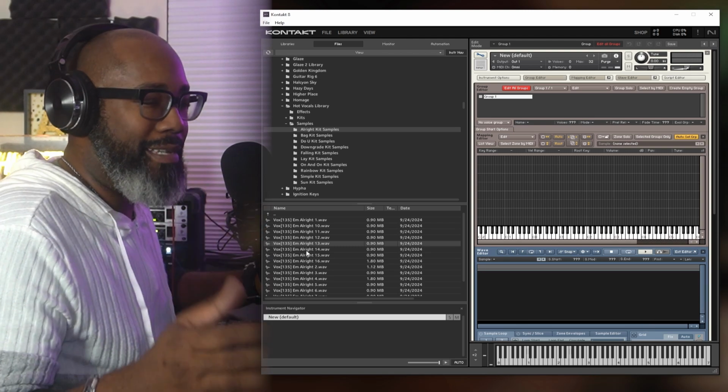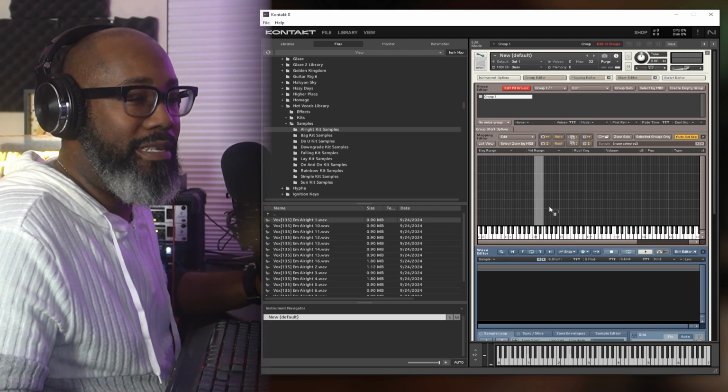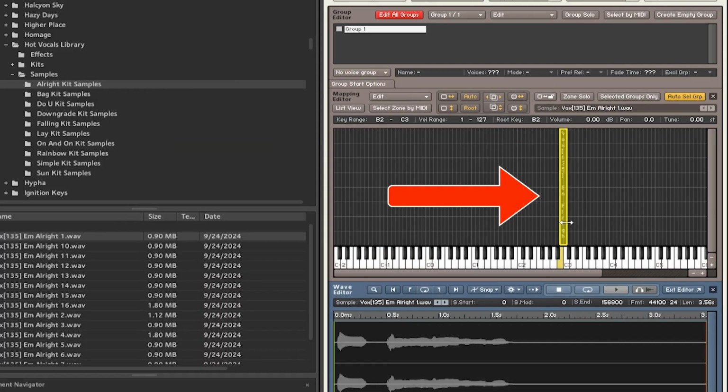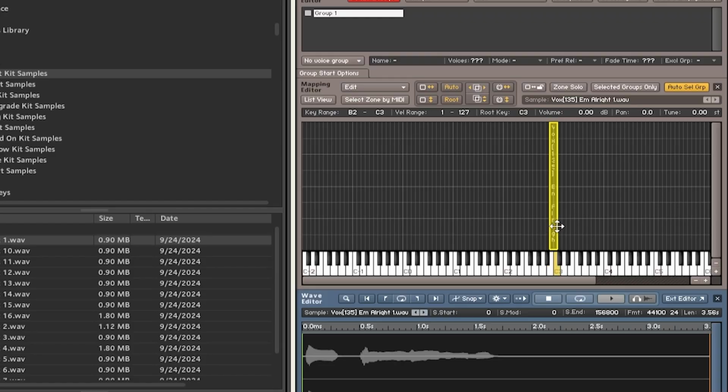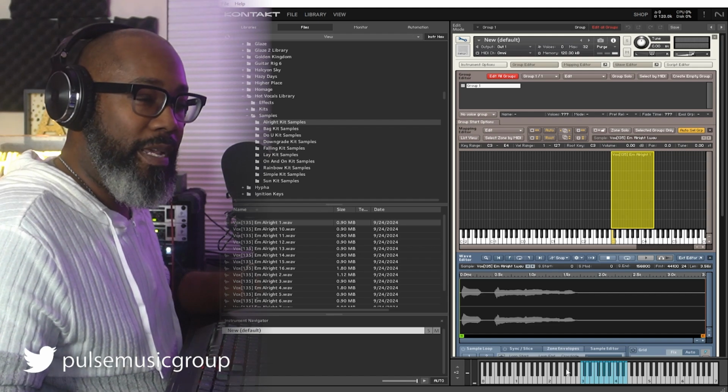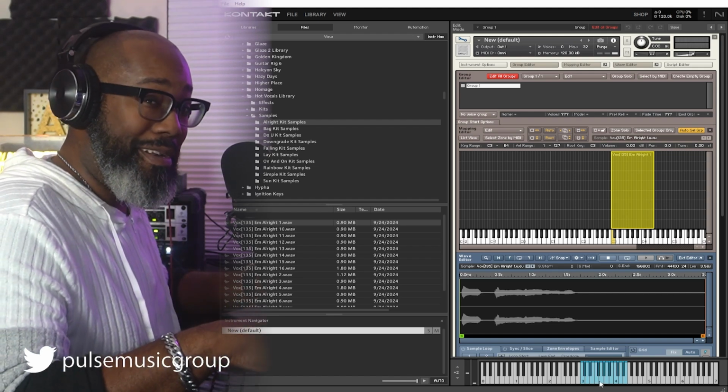So because we have all these voxes now, I can go ahead and just start moving these over to the actual key range. Now, as you see here, you have where you can stretch it over and extend it. And it does this on the actual Control Mark III, which is beautiful because it illuminates what key you start in. So now I know that I'm not in C3, so I could just shift it over and boom, I'm in C3. And that's a good visual for me because sometimes you might not be able to see it on the screen, but you'll see it on your keyboard. And of course, the way that you stretch out those, you just hold it and drag it over, it shows here, and it also shows on the keyboard.